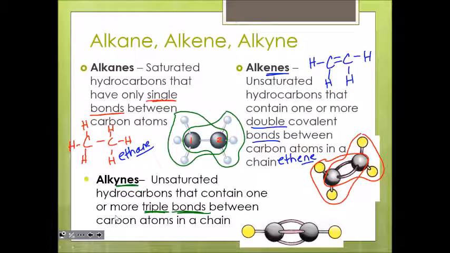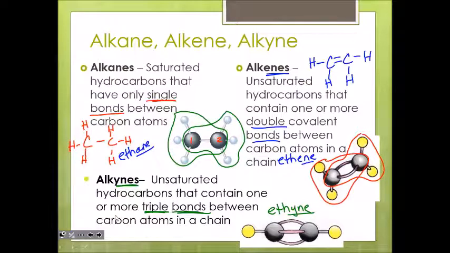And this one down here, I'm sure you could probably guess the name. If the first one's called ethane, because it has all single bonds, the second one's called ethene, because it has 1 double bond. What do you think this one down here would be called? Any guesses? Ethyne, exactly right. This is going to be ethyne. The ending just changes to Y-N-E, and it has a triple bond.